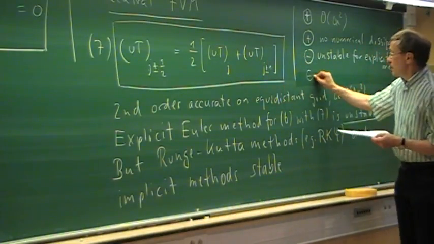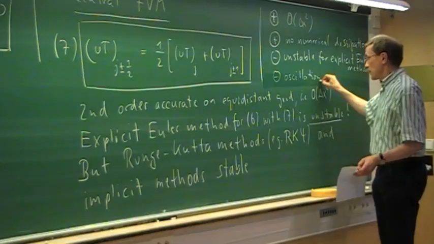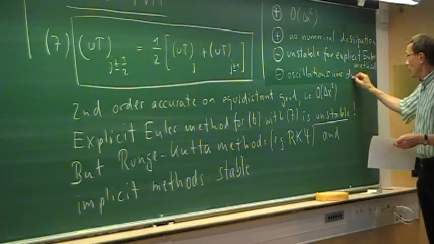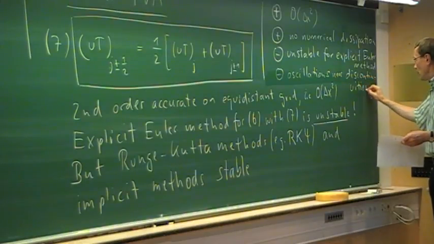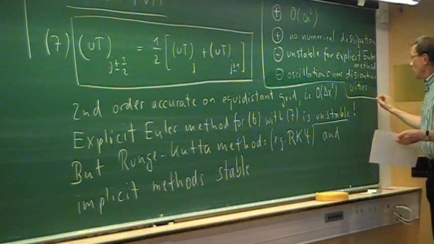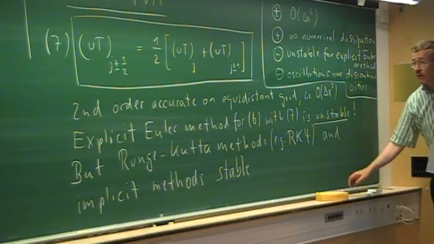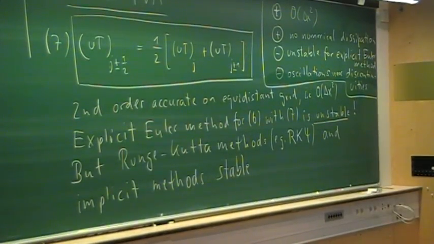Also a disadvantage. We have oscillations. If we use one of the stable methods, we have oscillations near discontinuities. So that is the qualification. So essentially, for our purposes, if we want to compute discontinuous flow, this method is not suitable, even with the stable methods. So instead, we look at another method